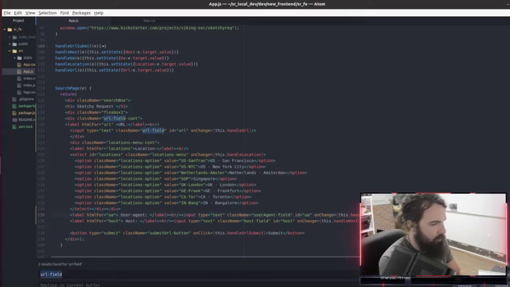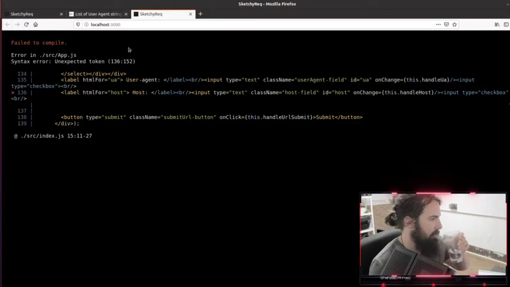So that's input type equals checkbox. I think that's what it is. We're going to put it by the user agent as well, or the host as well. Input type equals checkbox. Shit. Let's go and look this up, because I'm going to end up looking it up anyways, so I might as well look it up now.